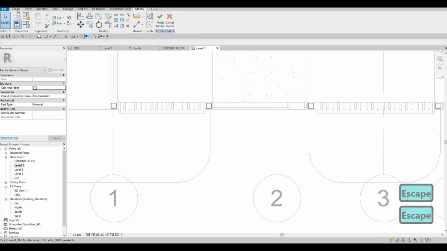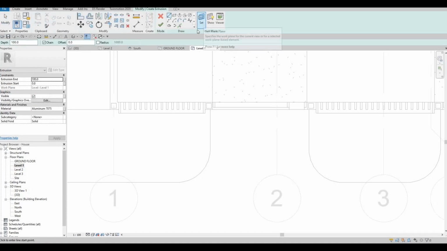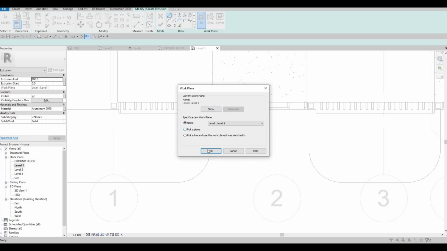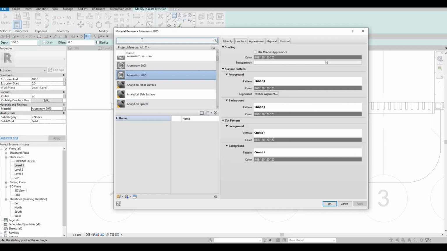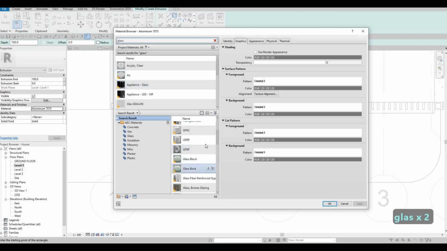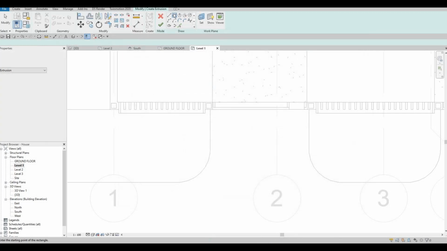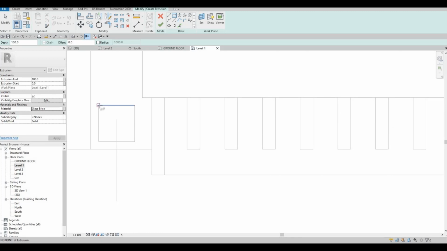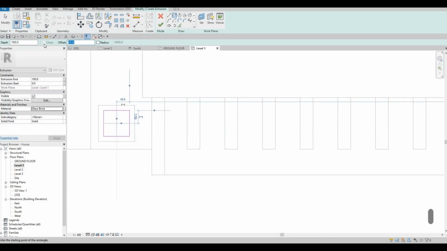I'm gonna create another extrusion, and then we're going to set this one. Maybe pick a plane. Maybe we could just use this. It's still not setting us. So I'm gonna use this one, and then type in glass. And then I'm just gonna use one of the glass right here. Apply, OK. And then here we're going to offset this to probably 20, and then after that offset this to 10,